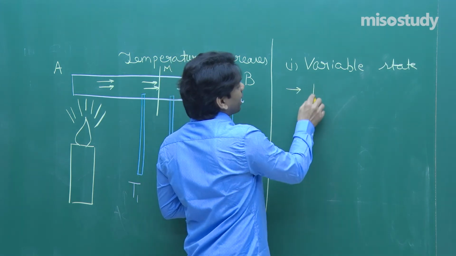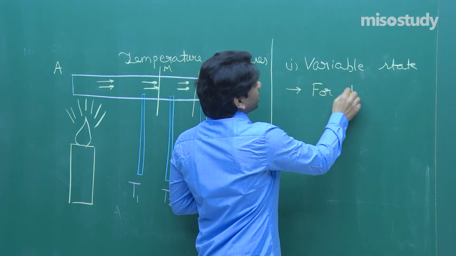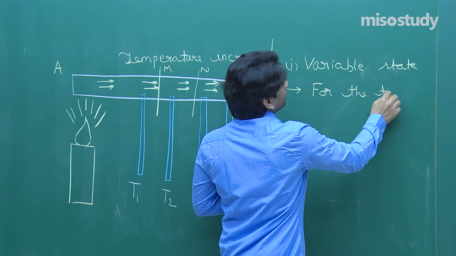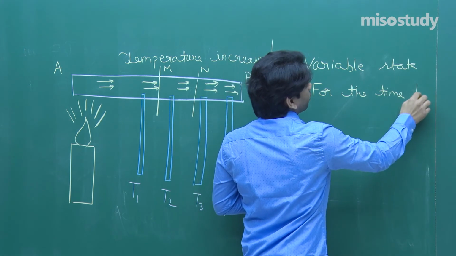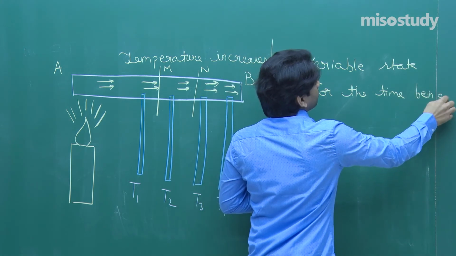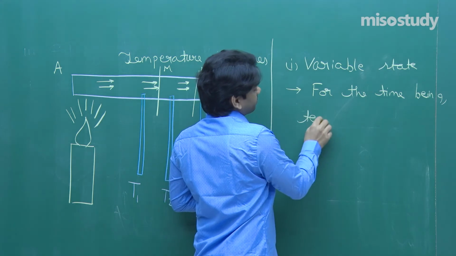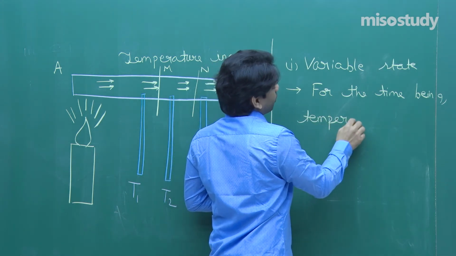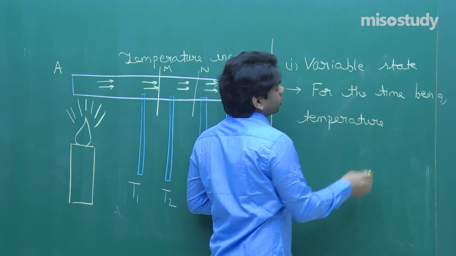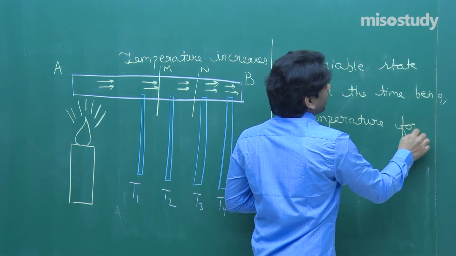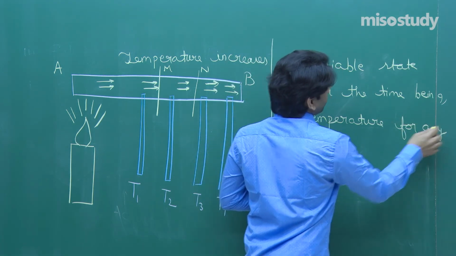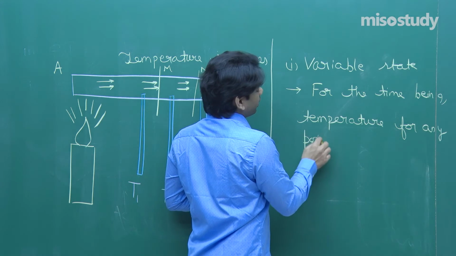So for the time being, the temperature of any point keeps varying on the rod. That means any point on the rod is in a variable state. Now next thing,